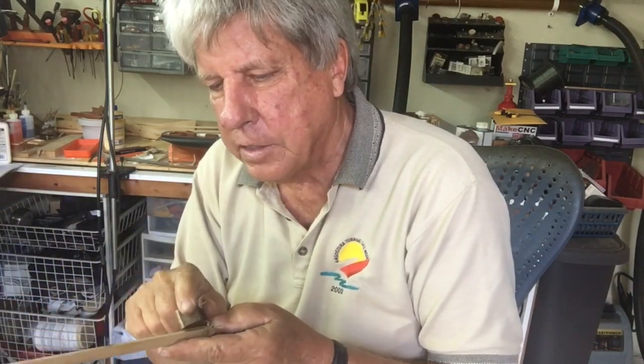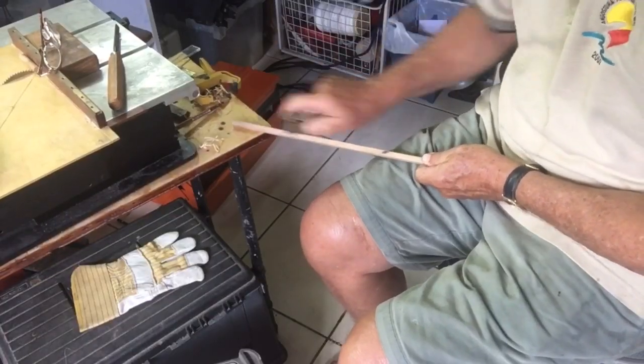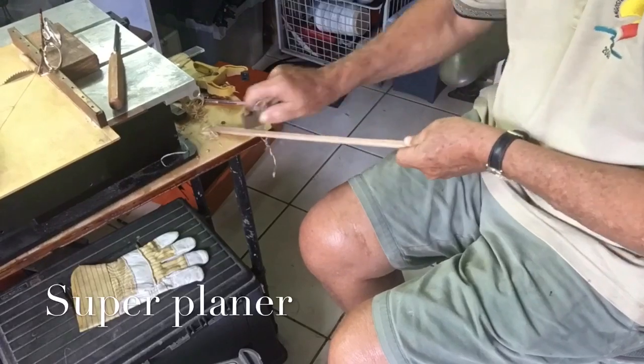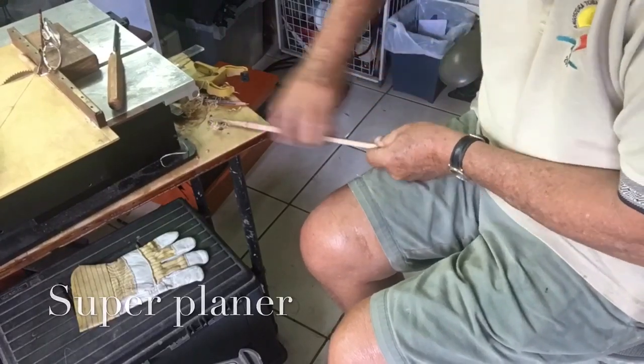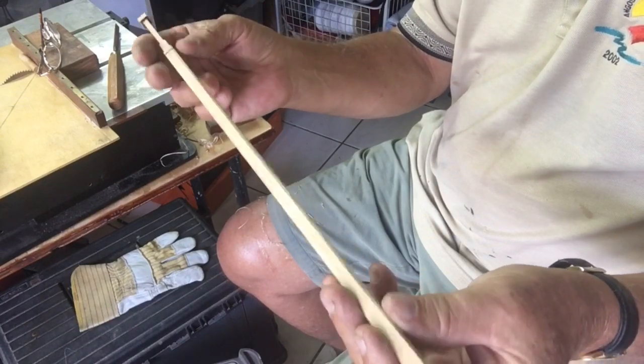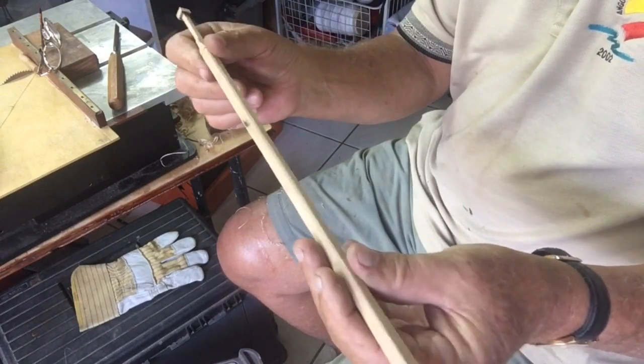And remember, all wood has a right way and a wrong way. So you'll quickly understand which is the right way to plane it. And if you're good, you can really plane as efficiently as I can. And here we have the rounded mast, and now we can put it on the lathe and take it down